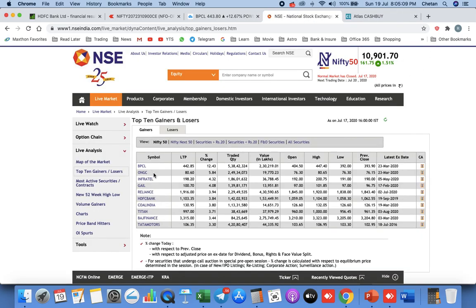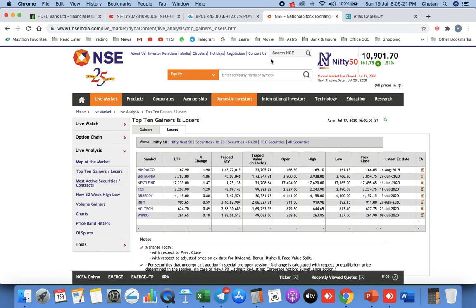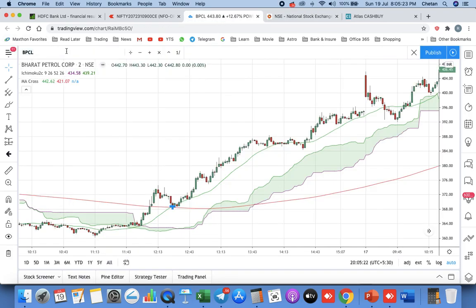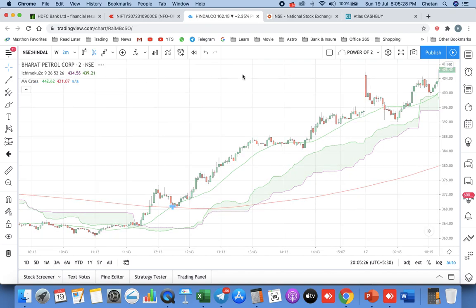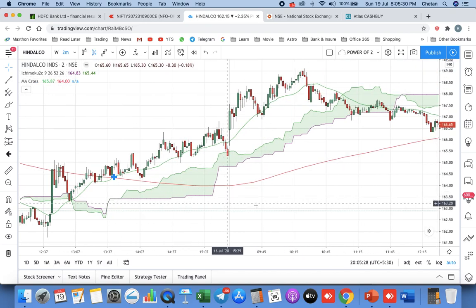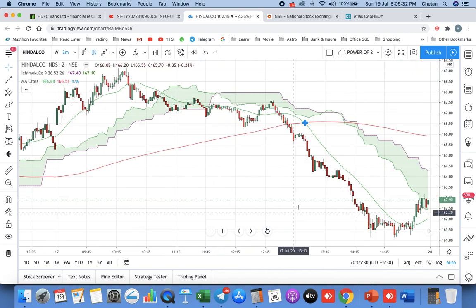And similarly see ONGC, GAIL, all the stocks you can go for this. The top 5 stocks you see, a very clear signal was given on the 16th itself, Thursday itself. Similarly, for all the stocks which are losers, let's go for a sample check of a sell signal. Hindalco, if you see here, we got a sell signal on Friday itself. Friday only we got a sell signal at 1325.